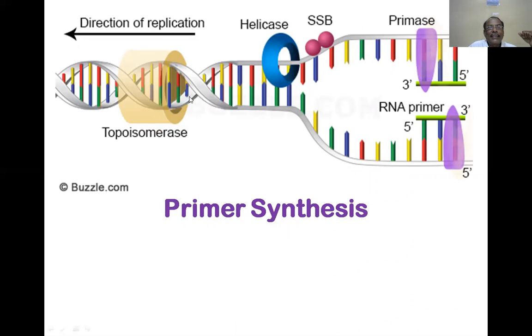Another important enzyme is topoisomerase. When the DNA double helix is twisted into knots, these knots are removed by the topoisomerase enzyme. And there is another enzyme, helicase. It unwinds the DNA. And the single strand binding proteins will not allow the once opened strand to recoil back and rebind to produce another coiling.